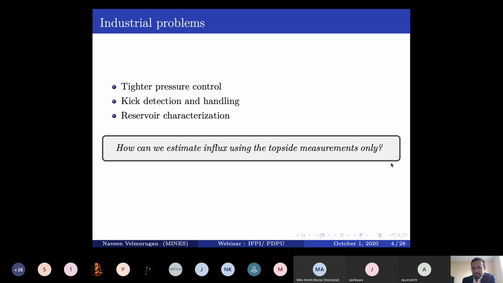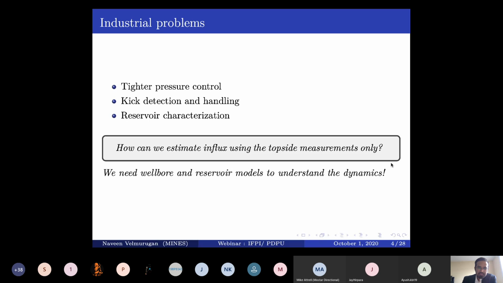So the topside measurement means the pressure at the choke, the fluid flow that we are pumping in, everything that is on the surface, right? Not an estimate; we don't have a measurement of bottom hole pressure, etc. So this was the focus of my PhD work. This was the problem statement that we tried to address: if we can move to surface-based estimation and understand better dynamically during managed pressure drilling operation.